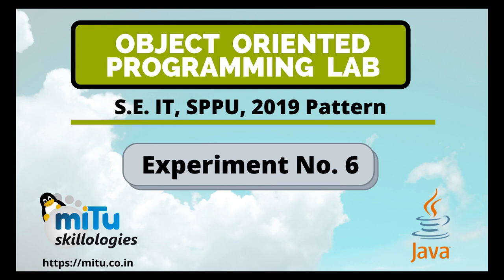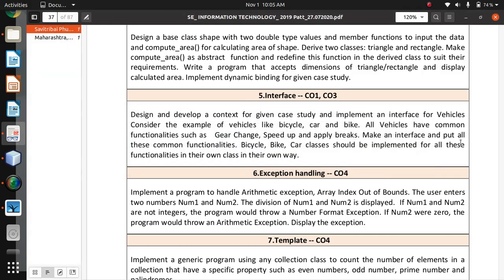In the last video, the last practical, we saw how to create an interface, how to implement that interface in the classes, and how to call the methods with the help of runtime polymorphism. In this video, we are going to make use of the exception handling mechanism of the Java programming language, and with the help of the try and catch mechanism present in Java, we can identify how to handle different kinds of exceptions.